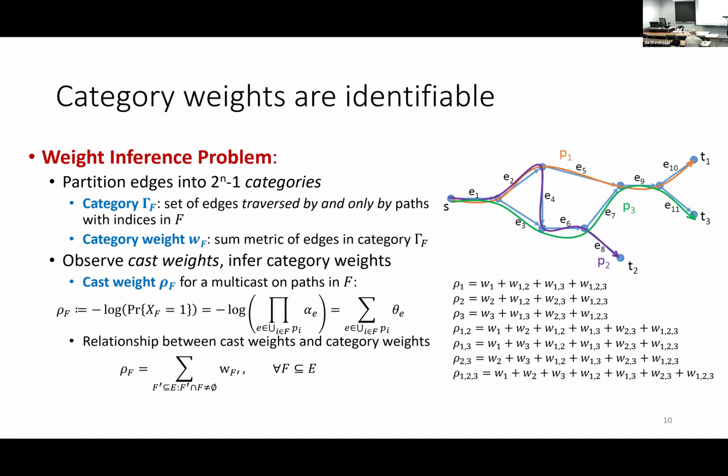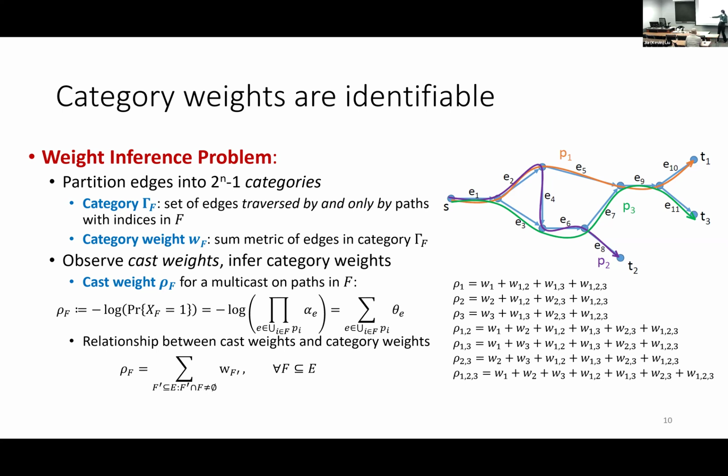Now, the claim is that if you look at the summation of these additive metrics, let's say a loss-based metric, of all the links in the same category, let's call it category weights, I claim the category weights are the finest granularity information that can actually be identified from your end-to-end measurements. Specifically, according to the definition of categories, which is completely based on how the links are traversed by measurement paths,